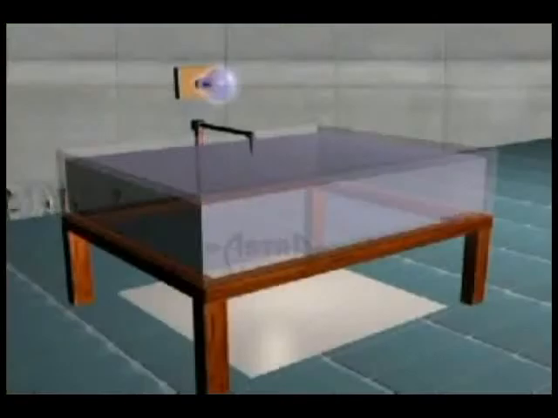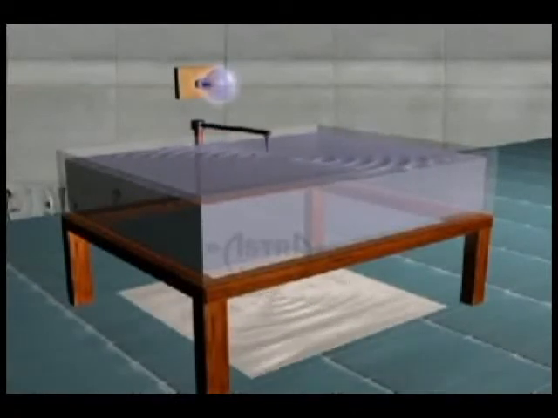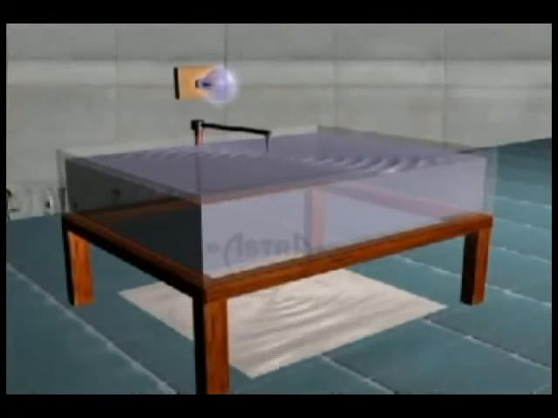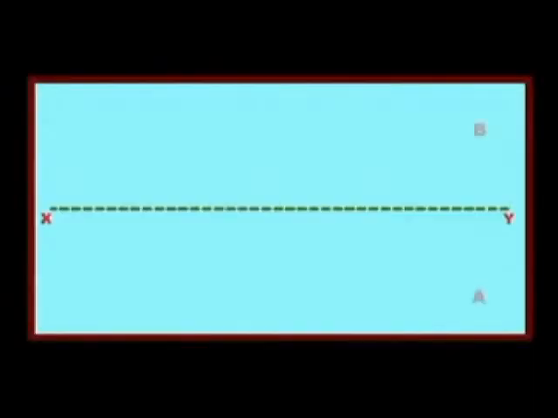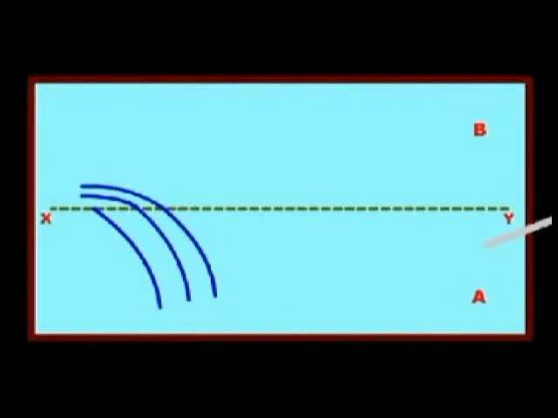Now let's understand how refraction of water waves takes place. The first important thing to be noted is that the velocity of water waves depends on the depth of water. Therefore, in a ripple tank, two regions A and B can be created by placing some glass plates in the region B. If the glass plates are piled upon one another, we have two media. The region A behaves as a rarer medium and the region B is a shallower water region than the region A. Thus, the two regions behave as two media for water waves.